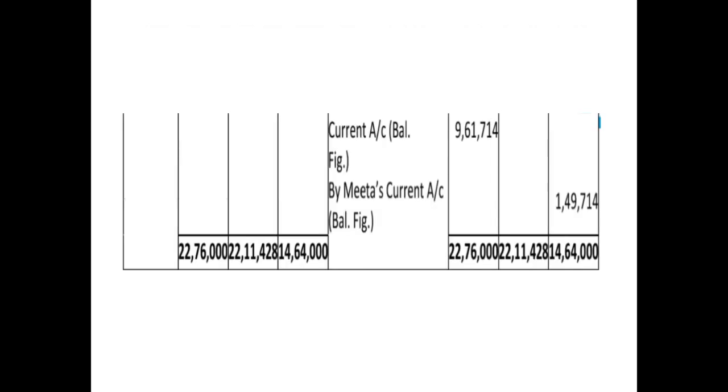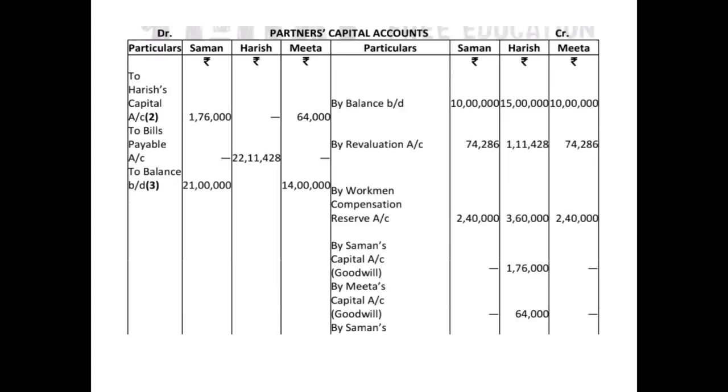As you can see, these are the current account balances for which first we have to calculate the balancing figure. We have already calculated the required capital. So after putting up all the points, all the adjustments, we will compare. First of all, we will calculate the closing balance of Harish, the retiring partner. After comparing the debit and the credit side, we found out that the closing balance, or the balance due to Harish, is